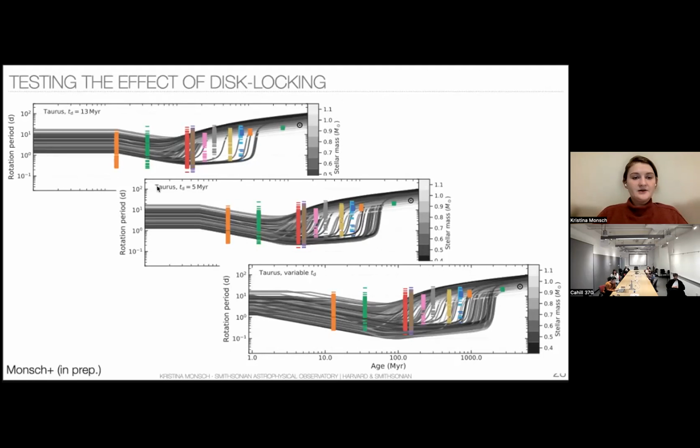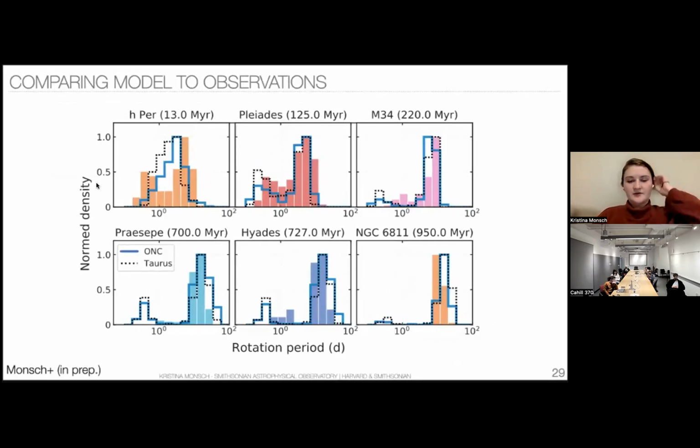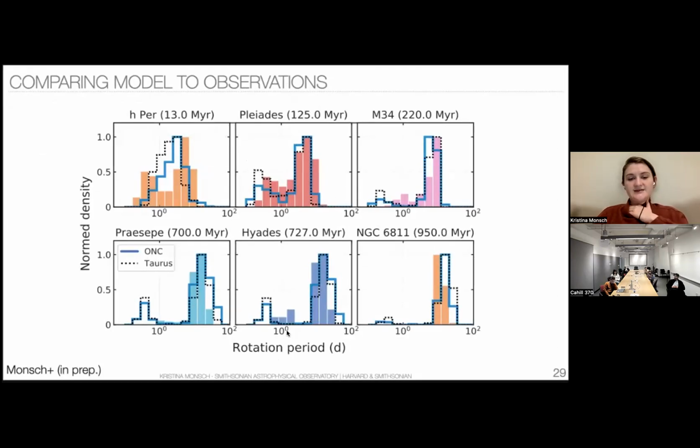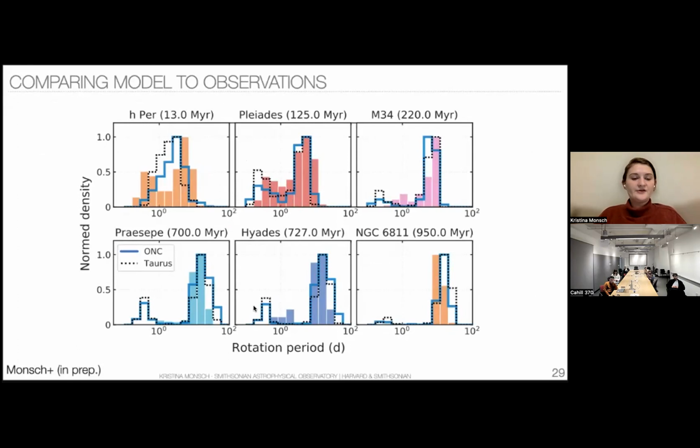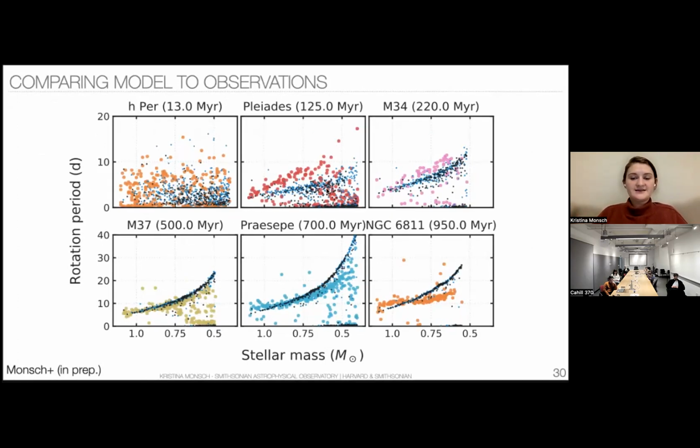compare our model results to the actual observed rotation period distribution. And this is just a histogram of the distributions from these regions I was showing you earlier, compared to the models for the ONC and Taurus. As I was saying, we still overpopulate the amount of fast rotators. However, we are very successful in producing this bimodality at all, which many models are still struggling with. We can also look at 2D space, so rotation period versus mass. And again, the bimodality is recovered easily, but there's still some work that needs to be done in order to explain the